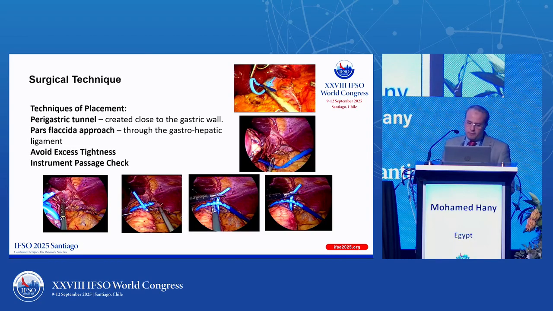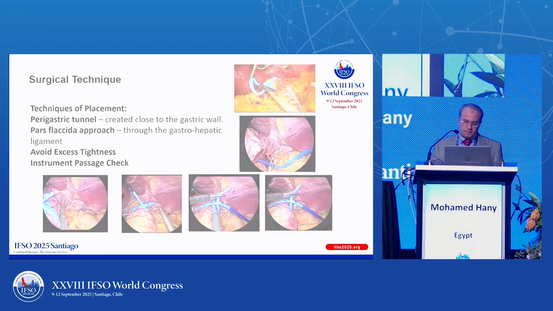So follow the technique here with me from clockwise. The technique of placement here: we can apply the ring, using either the perigastric or Barth-Flass technique, from the patient's left to the patient's right with little dissection. Again, we must keep it loose around the stomach, ensuring that a 5 millimeter instrument can pass between the ring and the pouch. And we need to fix the ring through the holes with non-absorbable sutures to avoid slippage.